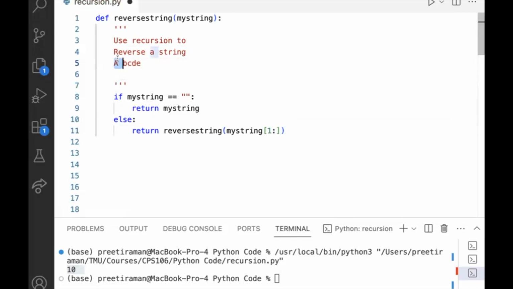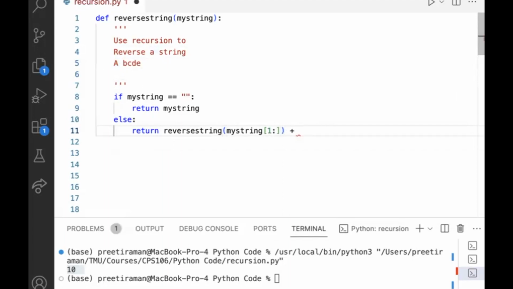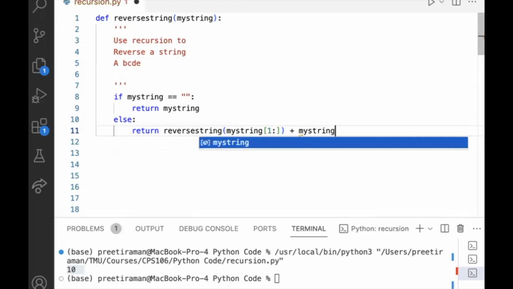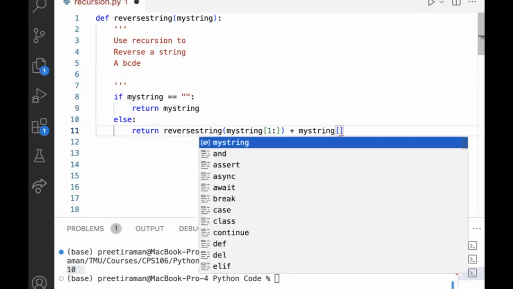But in the list, we added it. Here, also we need to add it, but where do we add this first character? It's not at the beginning, because if we add it at the beginning, we're going to kind of get the same string back. So instead, what we do in order to reverse it is we add that character back at